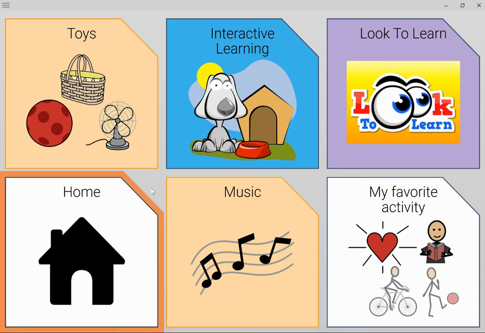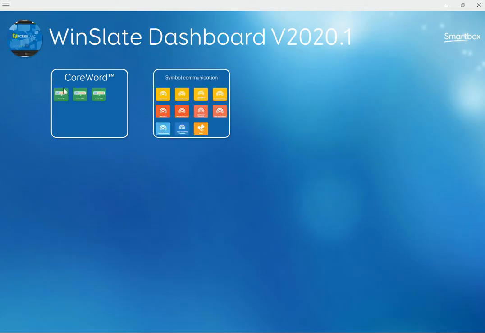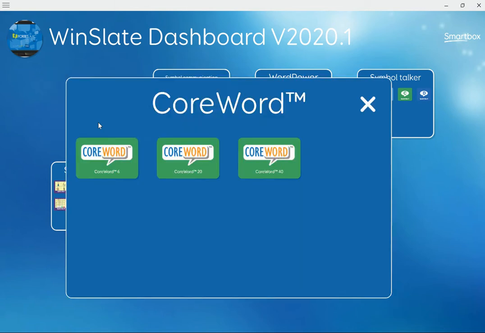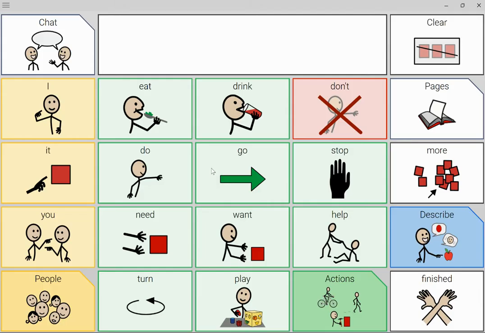So if you feel like you're adding too much vocabulary to the Core Word 6, I would suggest looking at Core Word 20, as it offers more language. We don't want to be navigating too deep. So Core Word 20, you can see that we have more vocabulary.